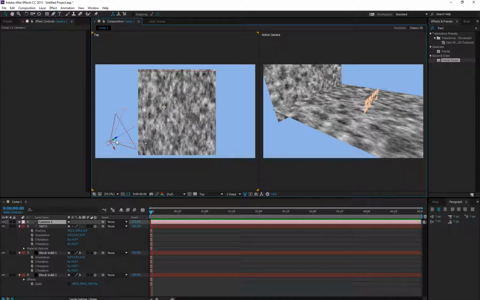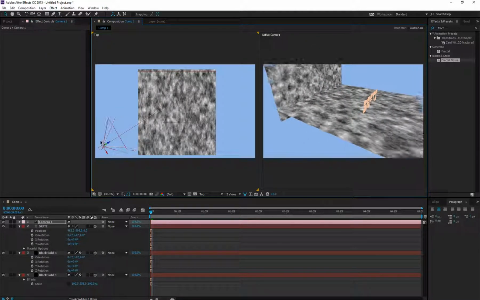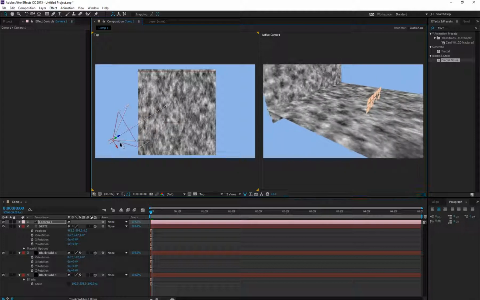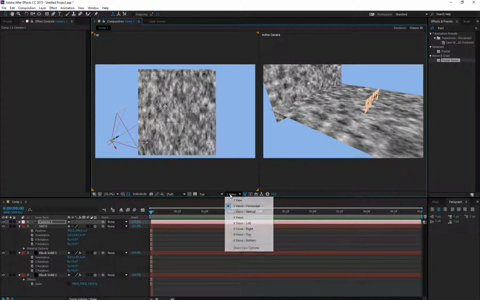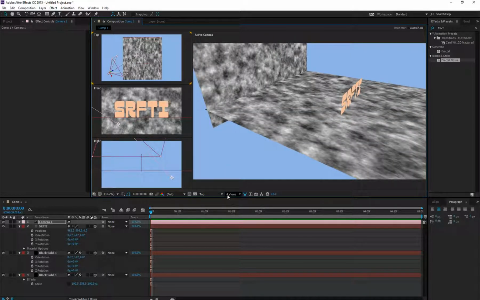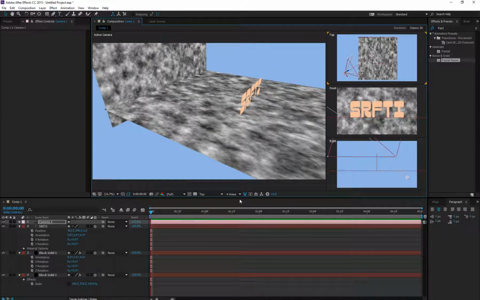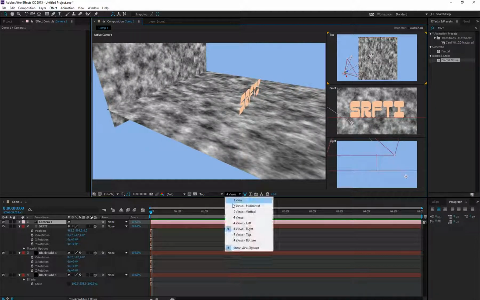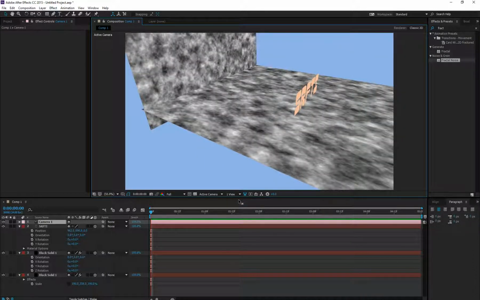You can even move the camera like this, just like a 3D software. You can go to 4 views and you can try all the different views. Okay, anyway, so let's now explore the